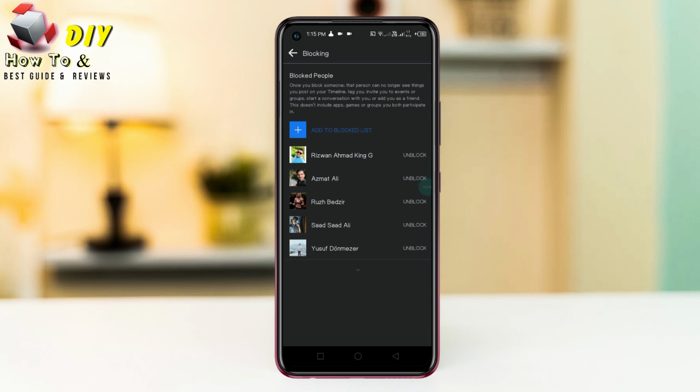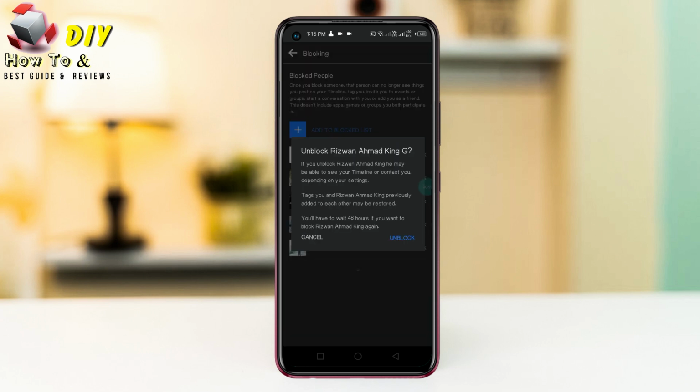If you want to unblock, then tap the unblock option and again tap unblock and the user will be